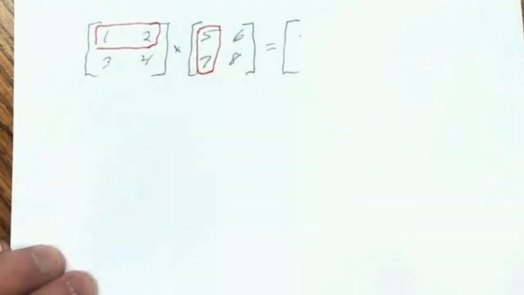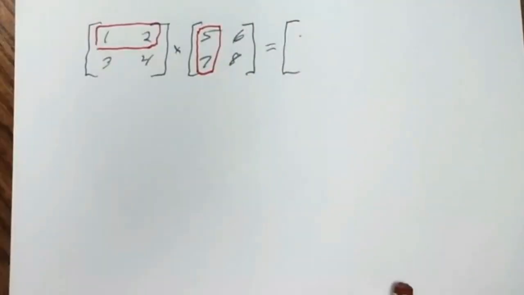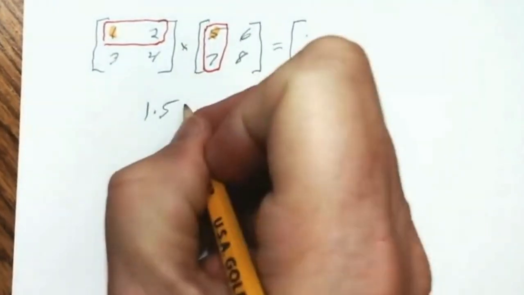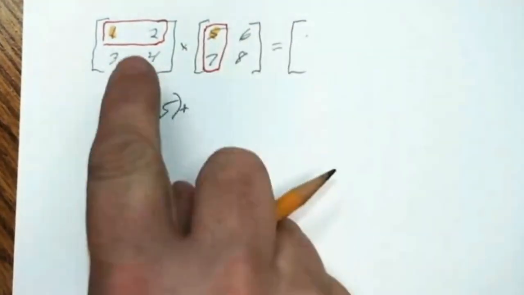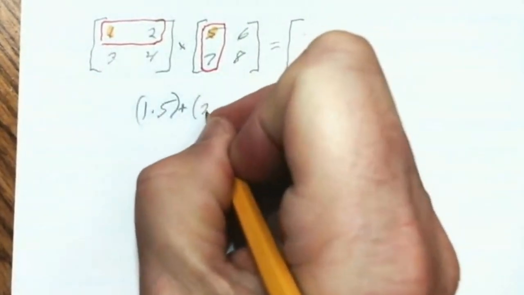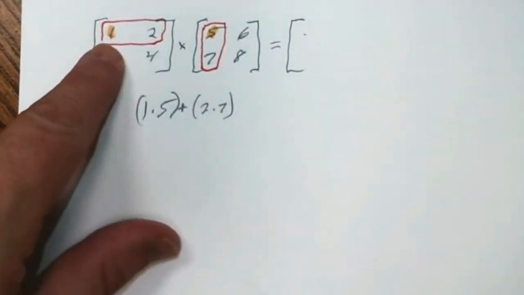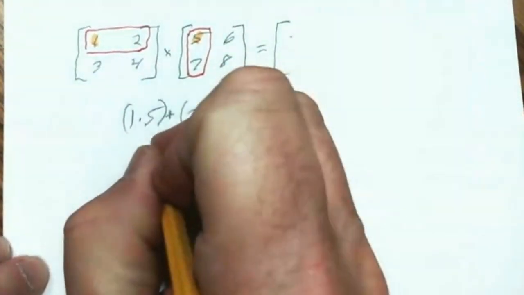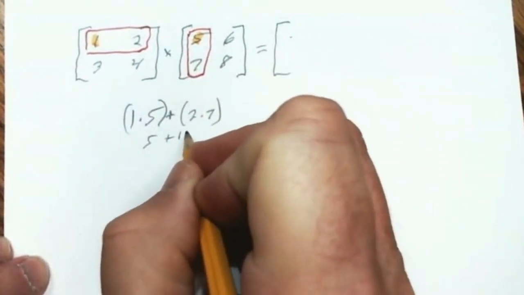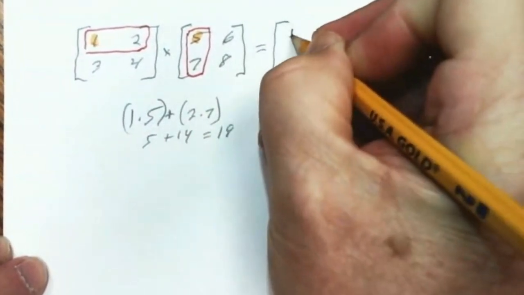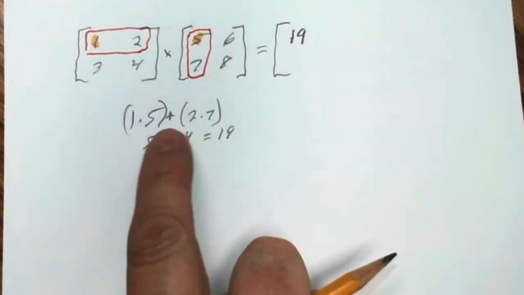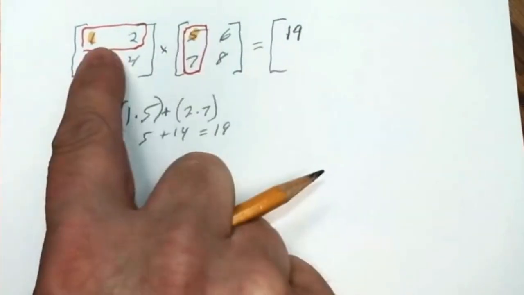So we're going to take the first elements, right? The first thing in the row and the first thing in the column, the 1 and the 5. And we're going to take 1 times 5, and then we're going to add that together, 1 times 5, to 2 times 7. First numbers, second numbers. First numbers, second numbers. 1 times 5 is 5. 2 times 7 is 14. So 19 is the product. When we add the two products together, that is what our answer is for the first row times the first